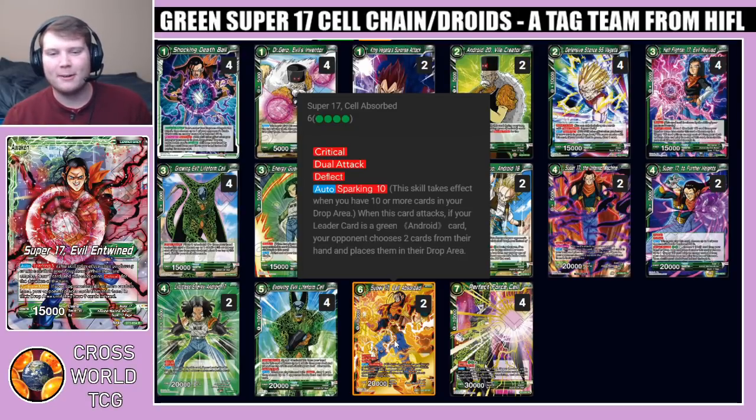many tags, Auto, Sparking 10. When this card attacks, if your leader card is a green Android card, opponent chooses 2 cards from their hand, places them in the drop. So when this card swings, you potentially can rip 4 cards out of your opponent's hand every turn, or swing once, rip 2, restand him, protect him from being attacked on the next turn, because he's not very big, he's